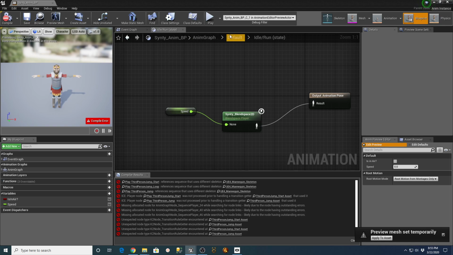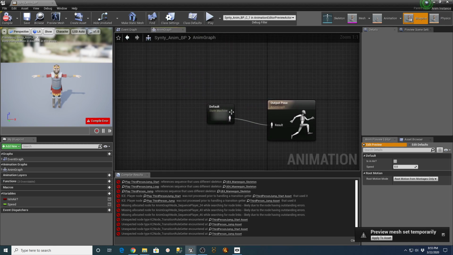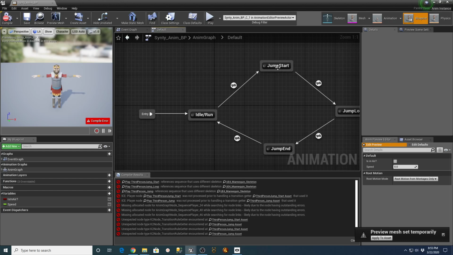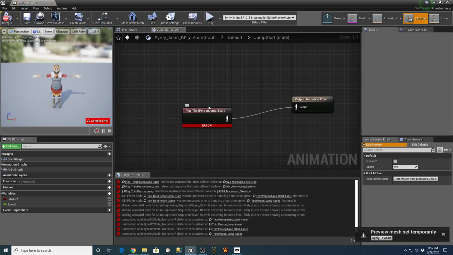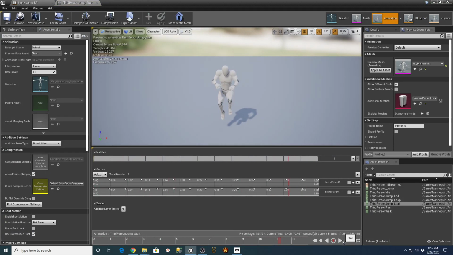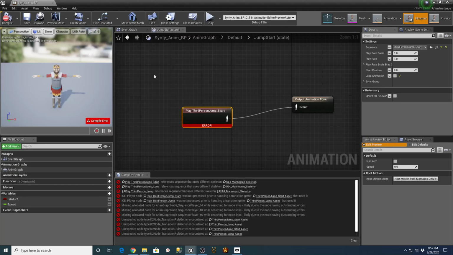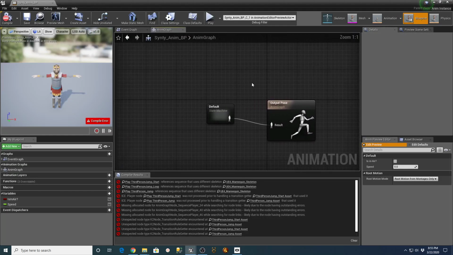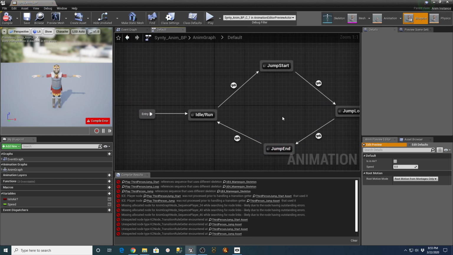But our anim graph has the wrong jump start animations on it. So we need a third person jump start. And you can see on these, I mean, that's a very short jump start. And then you're going to have another one called jump loop, which is basically while they're in the air. And then you're going to have another one called jump end.